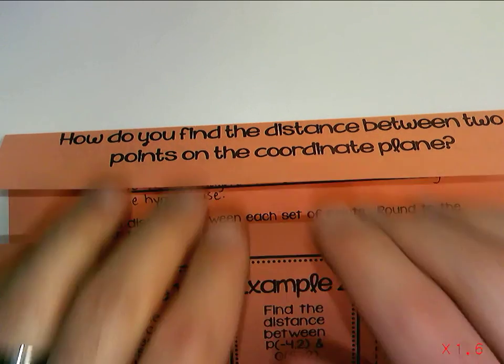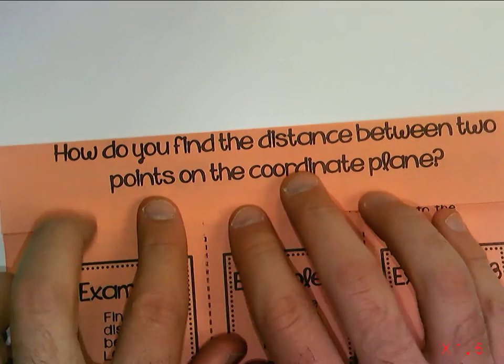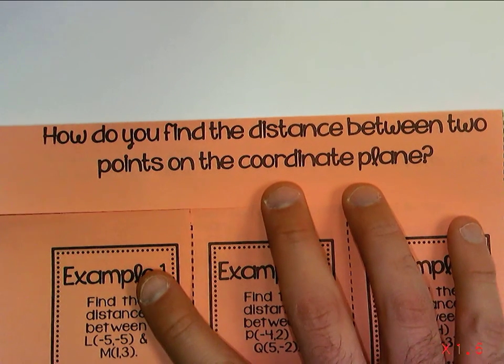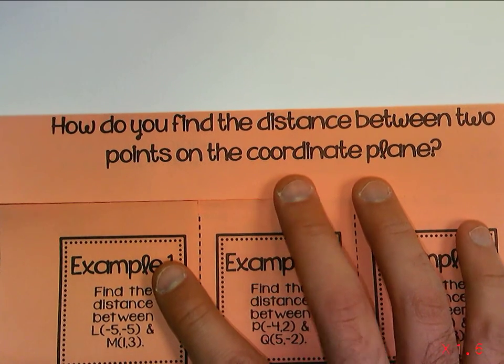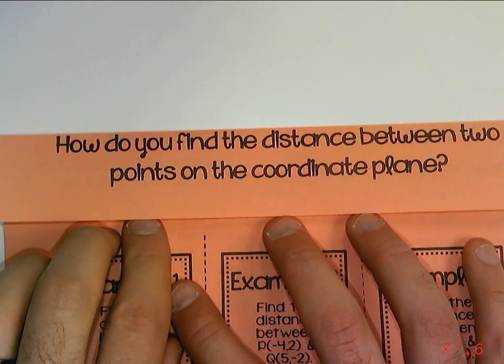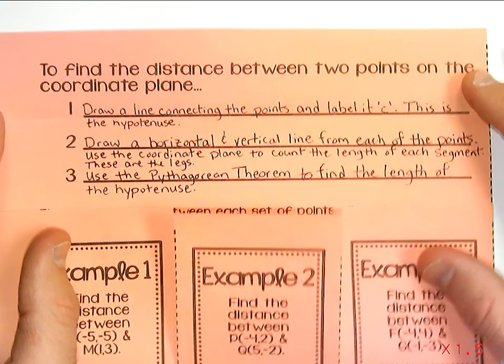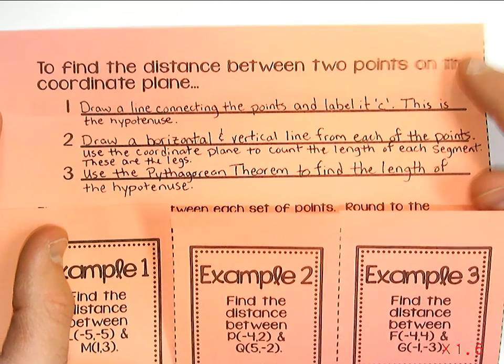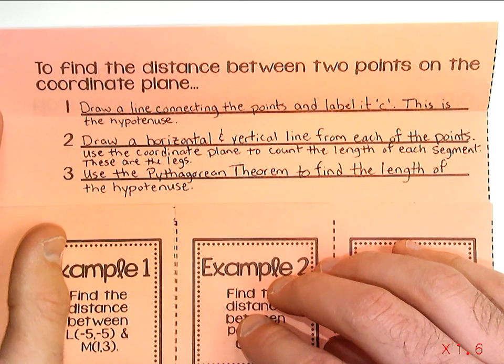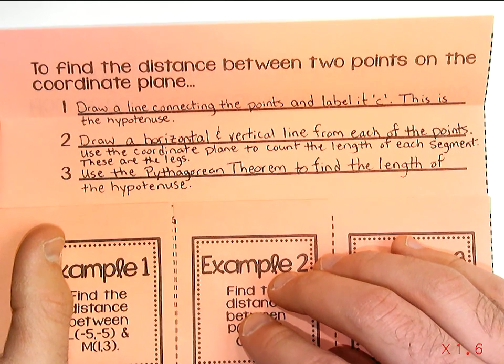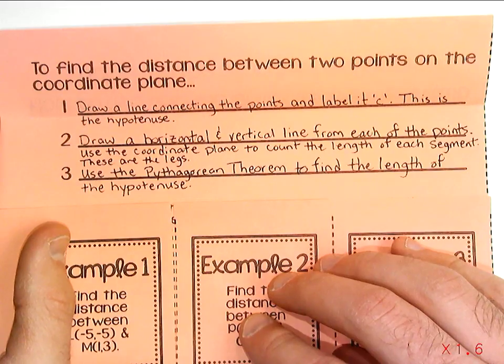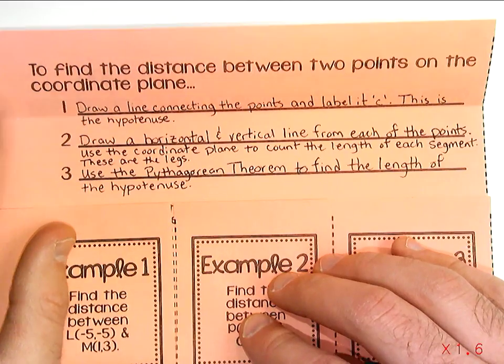And this is dealing with when we're given 2 points on a coordinate plane and we want to find the distance between those 2 points. First and foremost, we have some directions as to how to do that, and you'll need to copy these down. I'll read through them and then you can pause the video and copy them down and we'll get into some examples. So it says to find the distance between 2 points on the coordinate plane,